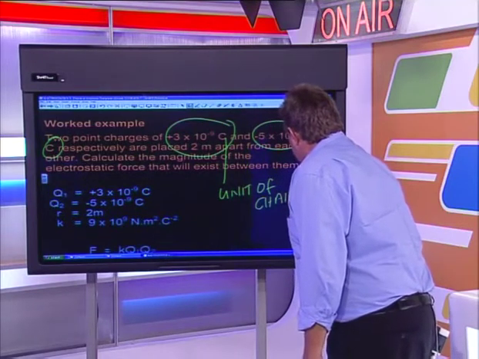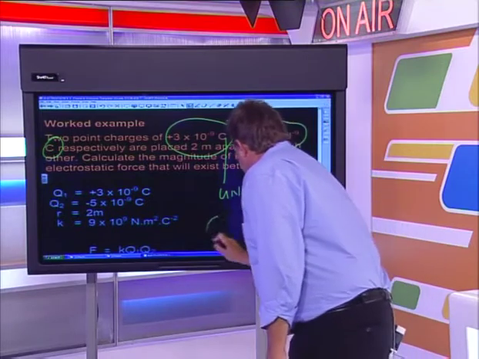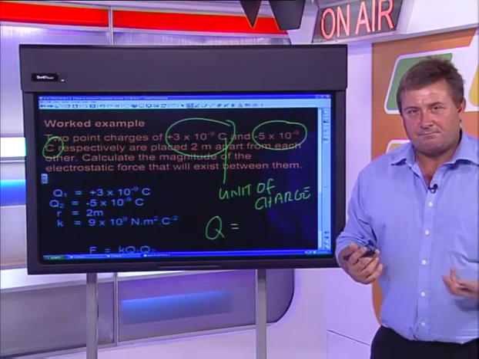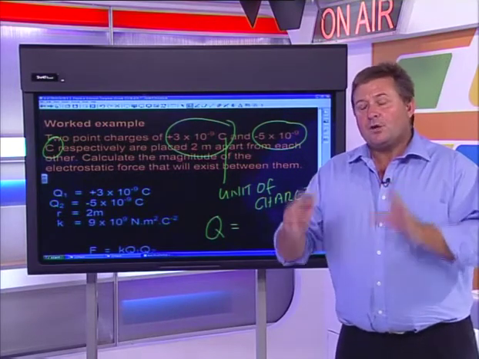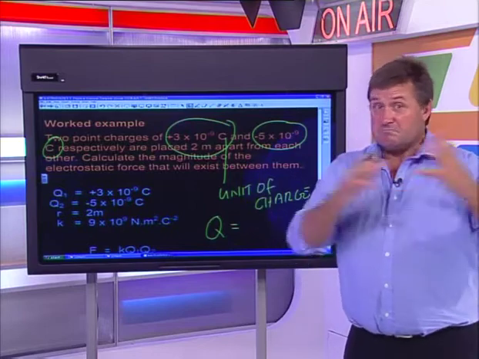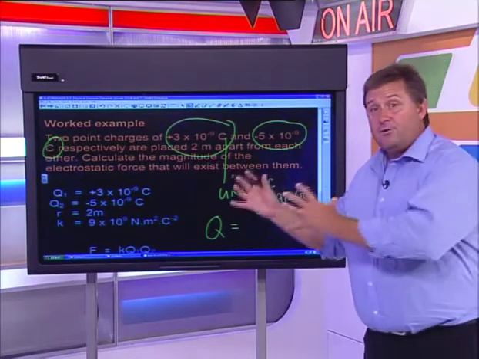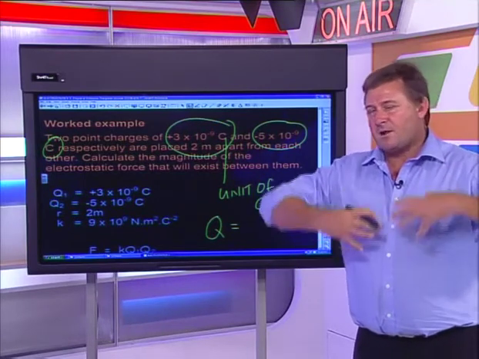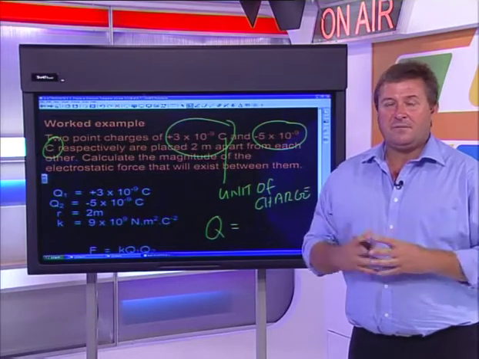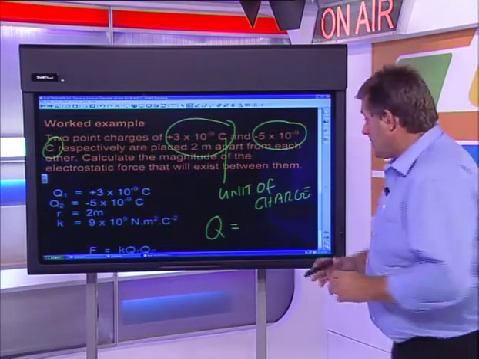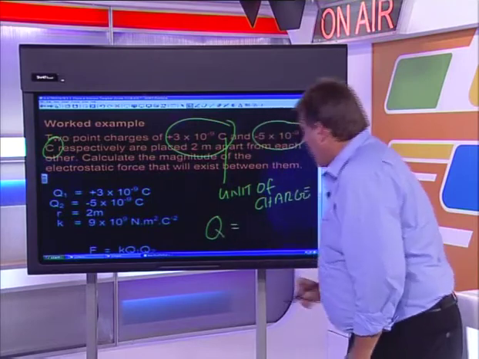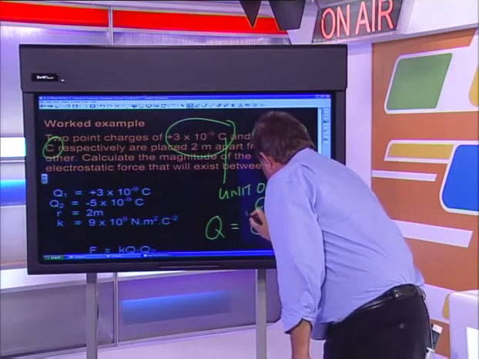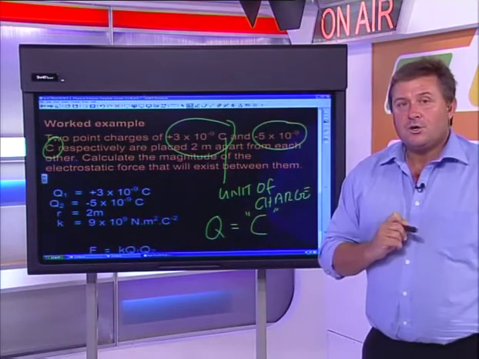Okay, now guys, let's be very careful. We know that the symbol for charge is Q, but we've got to measure Q in something. Well, we measure Q in coulombs, named after Charles Coulomb, who actually developed all this. It's one of those things they do with scientists: they make great discoveries and they honor them by giving them a unit. So guys, we represent our charge as Q, and we measure charge in the unit called the coulomb.